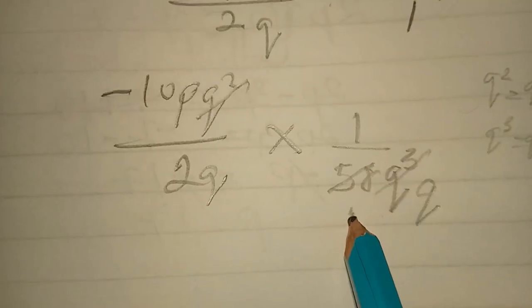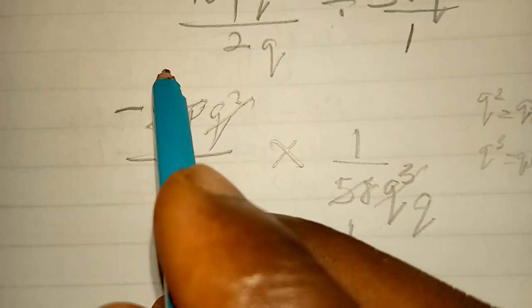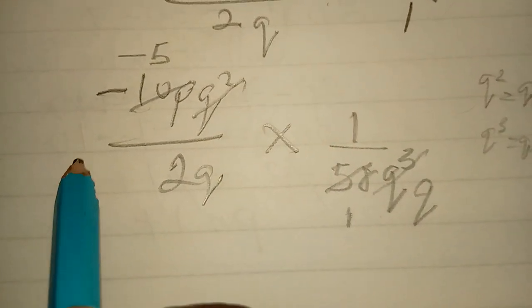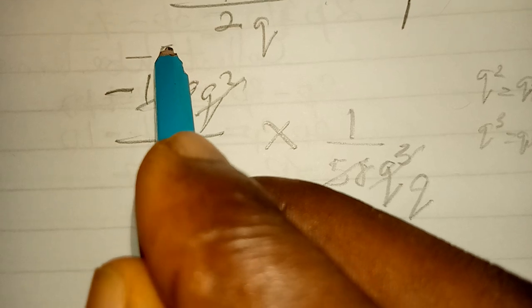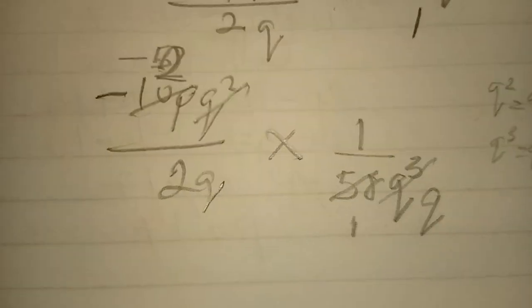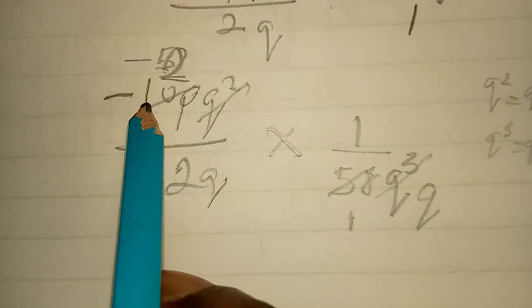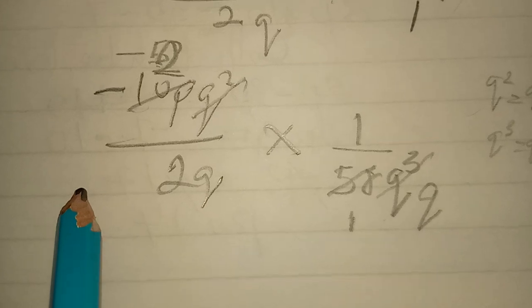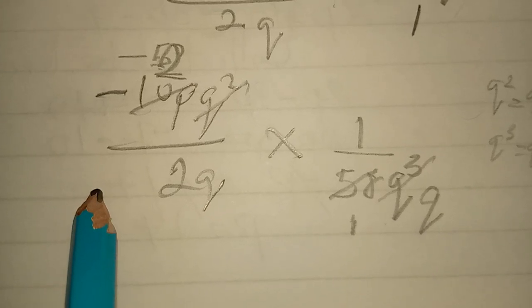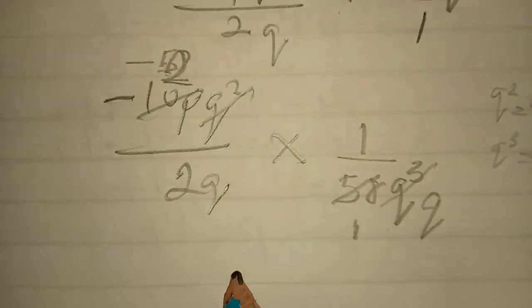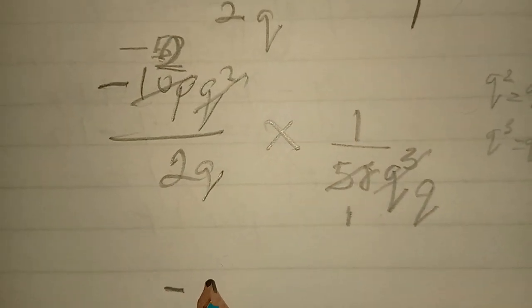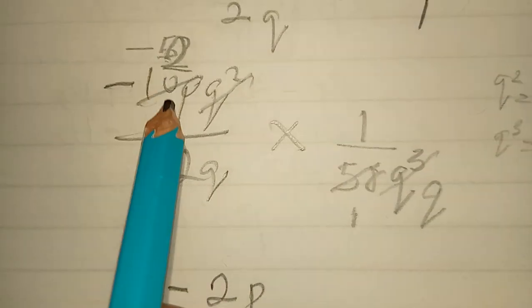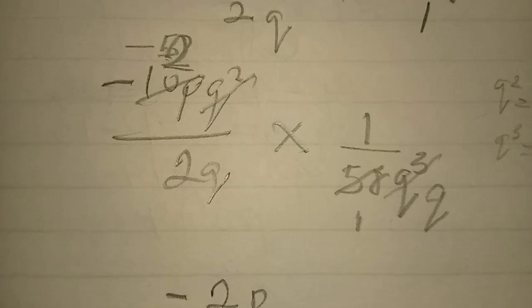So the next thing we have now is 5 here, 1, and 5 in minus 10 is minus 2. Okay, so we're going to have minus 2 times 1 is minus 2, and we have the p there, minus 2p